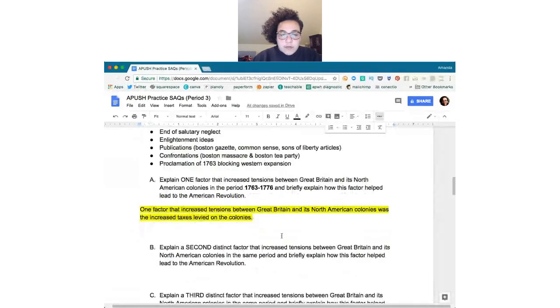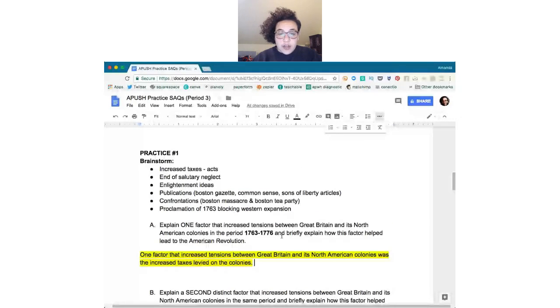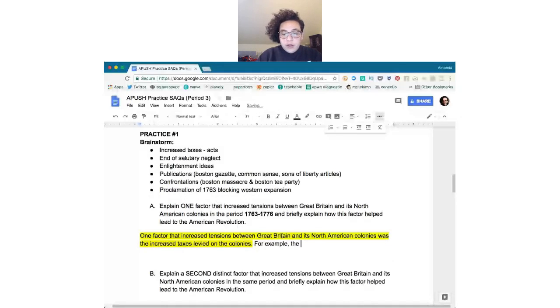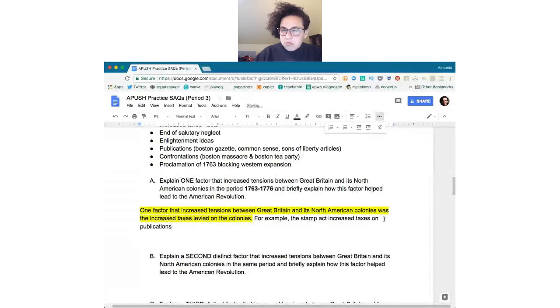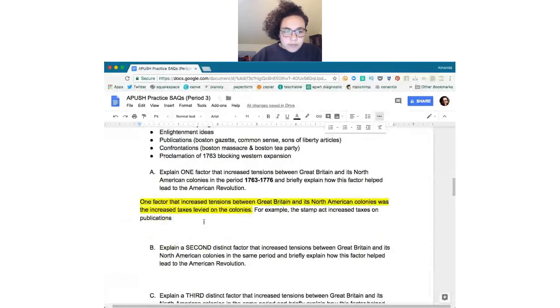All right. So in terms of the second part, the C, you would say, for example, give me some examples of the acts that could be included. Stamp Act. What else? Sugar Act. Townsend Acts, right? For example, the Stamp Act increased taxes on publications, on paper